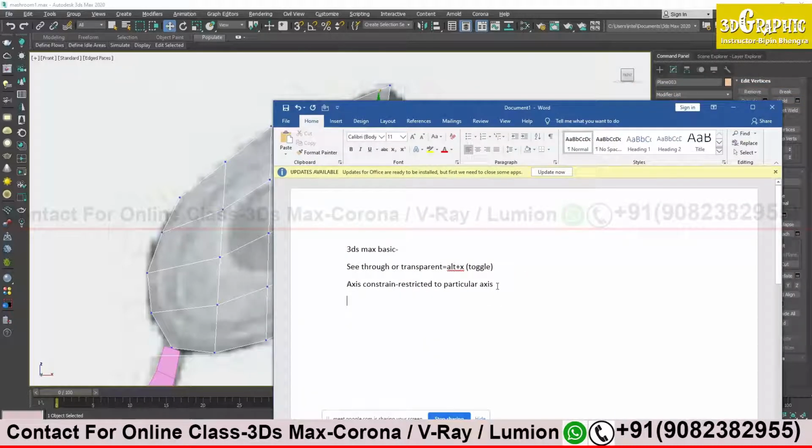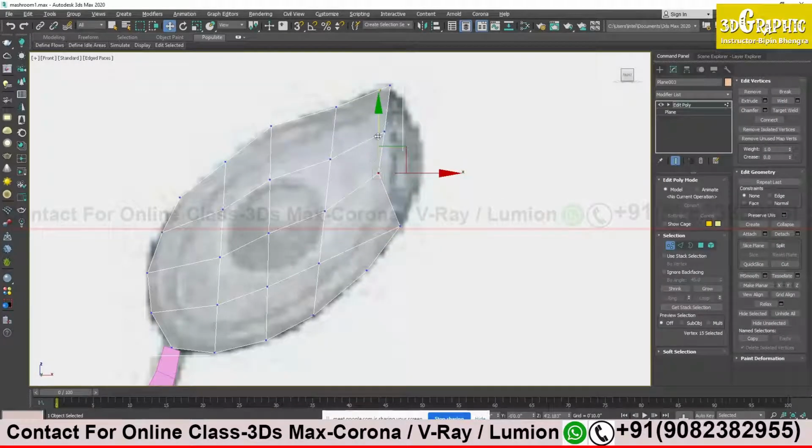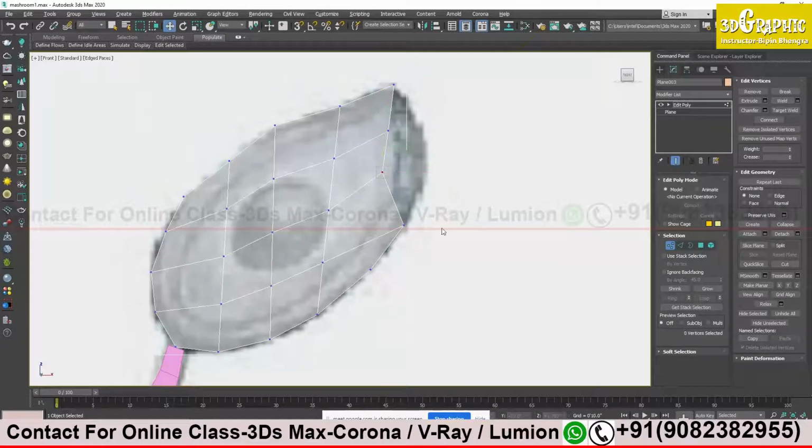It has a shortcut but I don't remember as of now, but I will tell you how you can use this. Right now you see the lines X, Y and Z. If I click outside, over here, you see the yellow line, which means whatever axis I'm moving the cursor toward is going to be yellow.